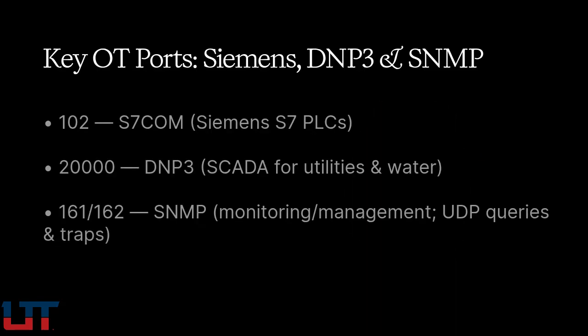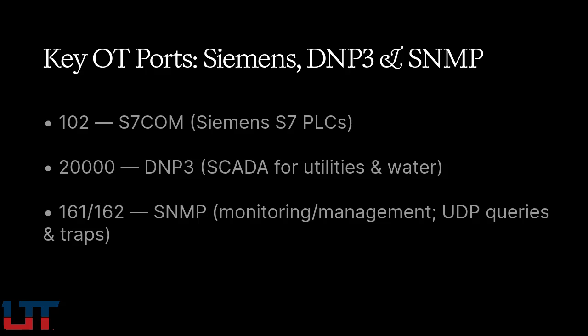Port 102 is S7 COM, used by Siemens S7 PLCs. If you operate Siemens equipment, this port is present on your PLCs. S7 COM was the target of the Stuxnet attack that we covered earlier. Port 20000 is DNP3. DNP3 is common in electric utilities and water systems. It was designed for serial communication over radio and telephone links and is now widely implemented over Ethernet in SCADA